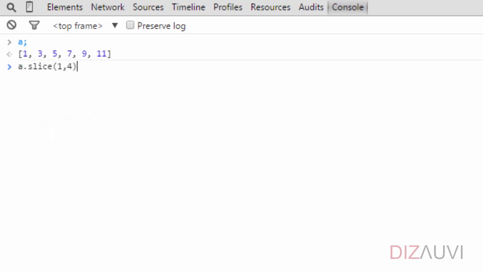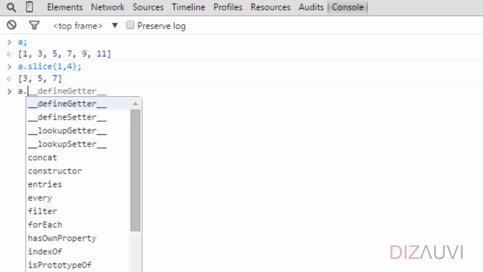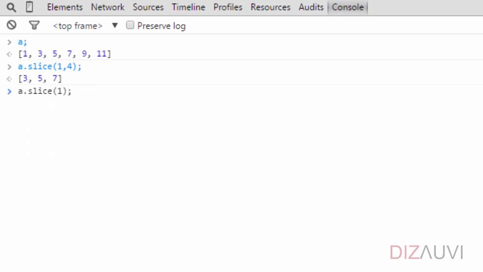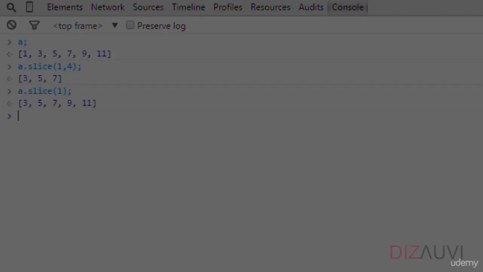So here if we say slice from 1 to 4, then the new array will contain elements at index 1, 2 and 3 from the old array. Alright. Also the end argument is optional. And if we pass only one argument, that is the start index, the array will be sliced from this start index to the end of the array. That is all the elements of the array after the start index, including the one at the start index.